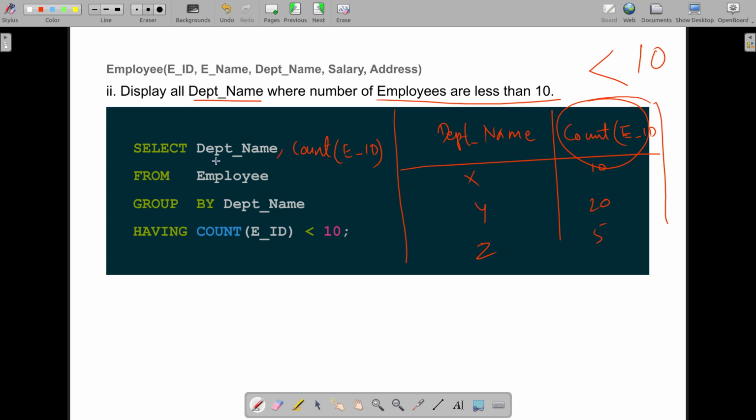And up to this part what we are doing is creating a table which looks something like this: department name and how many employees, by using group by clause, group by department name and counting number of employees for each department, and we are adding this condition here: having count EID less than 10. Writing just like this is also fine, or adding this one column here is also totally fine.